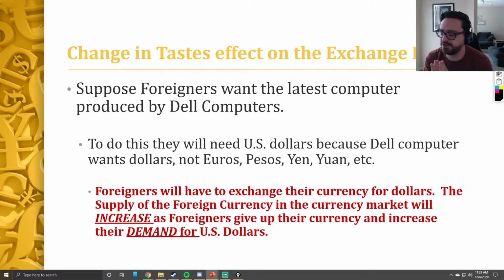So here's our first practical example of a Forex market question. The question is, foreigners want the latest computer from Dell. And let's stick with euros. So let's say,